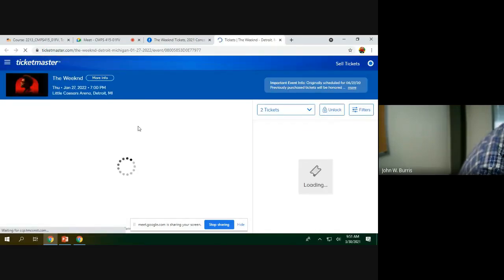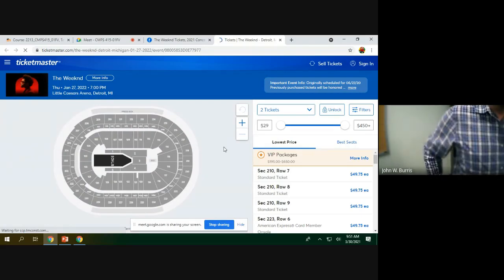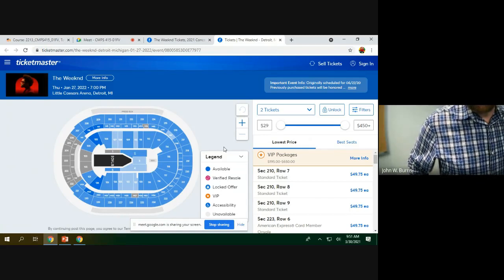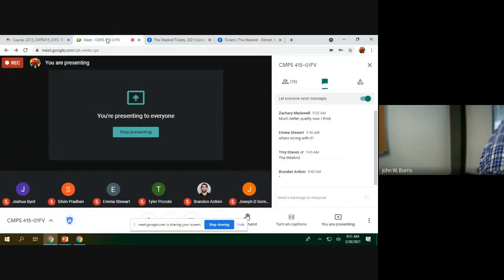Totally wasting y'all's time. I'm sorry about this, but I wanted to. Wow, a lot cheaper than Justin Bieber. That's because their VIP is only up to $650. That's surprising to me. I'd much rather go see The Weeknd than Justin Bieber. All right,